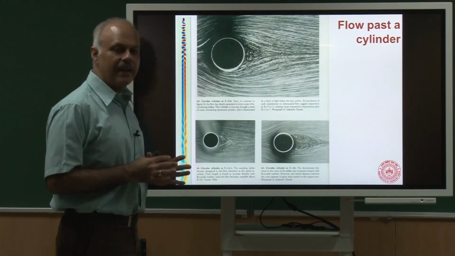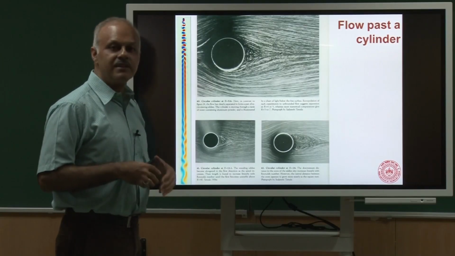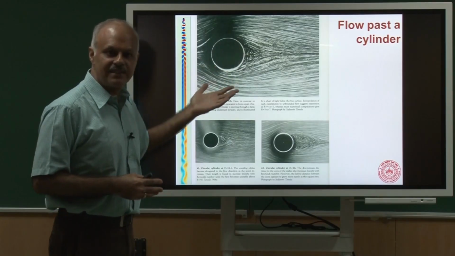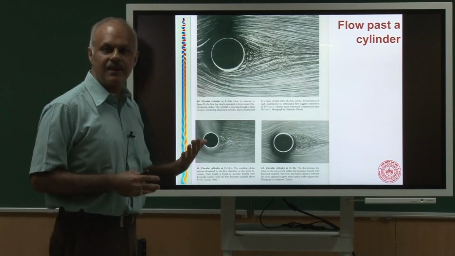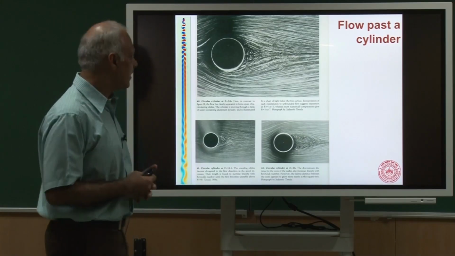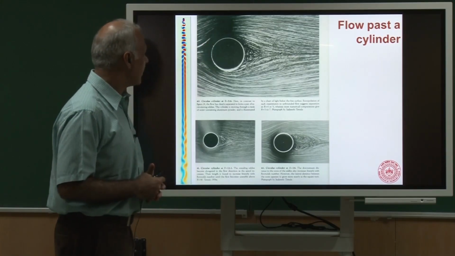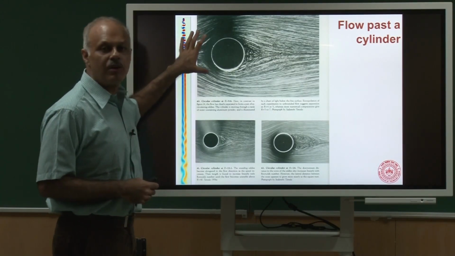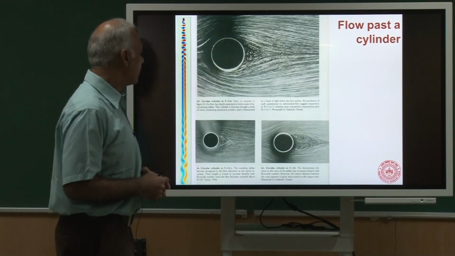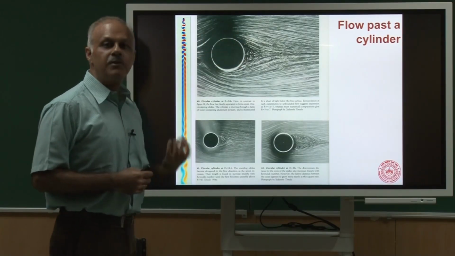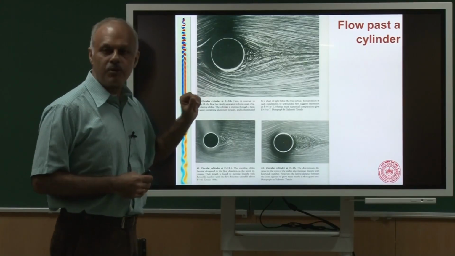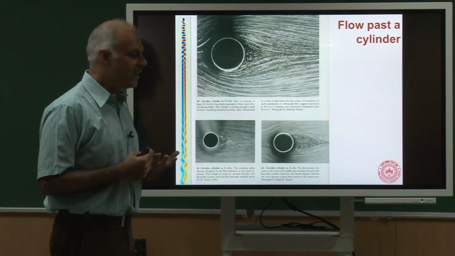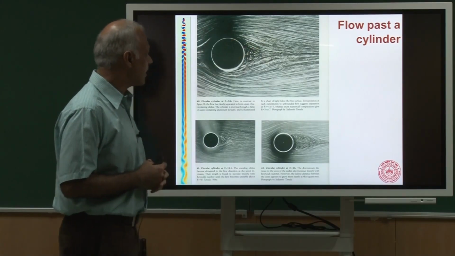So Reynolds number can be thought of as a non-dimensional speed if you fix the diameter, if you fix the medium, in this case it is the air. So if I increase the Reynolds number, it means I am talking about an increased flow speed coming into this domain. So this is a picture at extremely small flow speed, and the flow has been visualized by using aluminum powder. So you sprinkle aluminum powder, and then when you take a picture, these little particles, they reflect light, and you can actually see what the flow looks like.